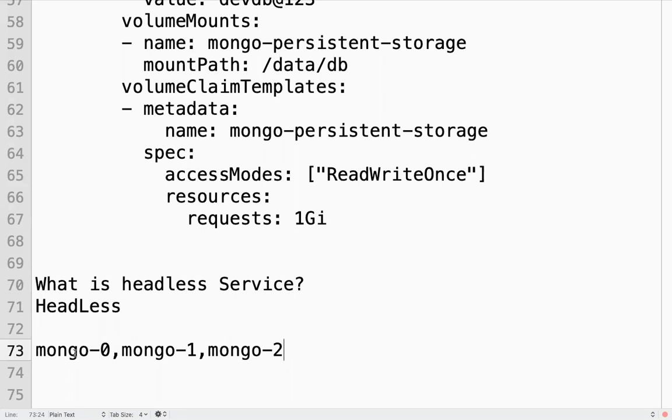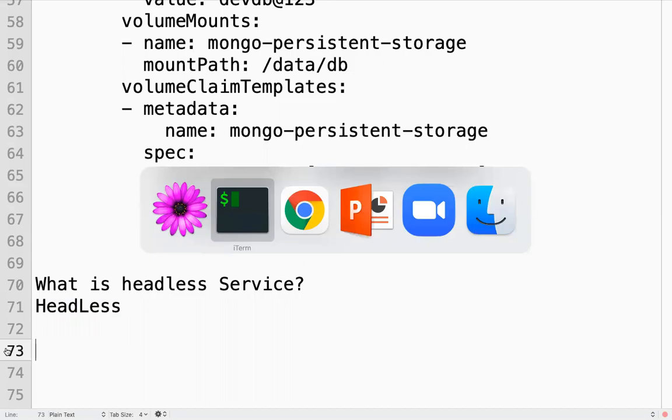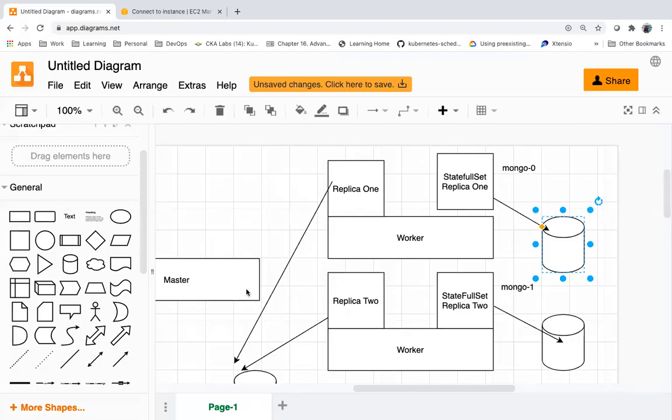Your application wants to connect to your pods individually. Then you can use your host names, the pod names, with headless service. What is headless service? It will not do the load balancing. If you don't want a load balancing feature within your service, you can create a headless service.